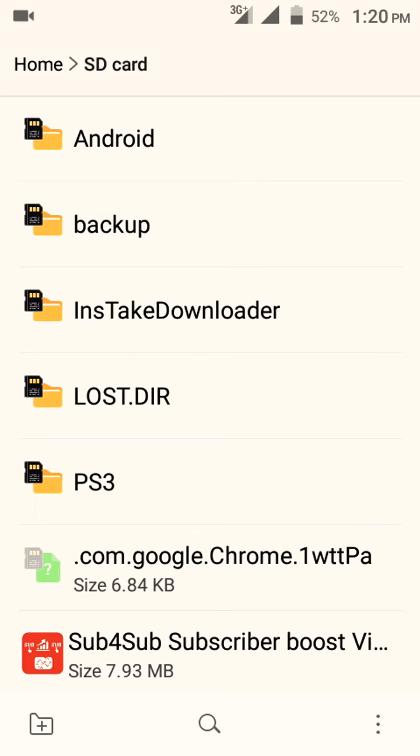Bring out the memory card and put it in USB. When you put it in USB,